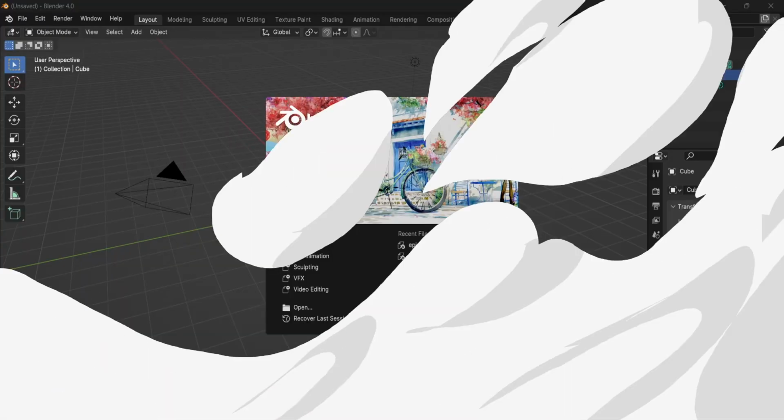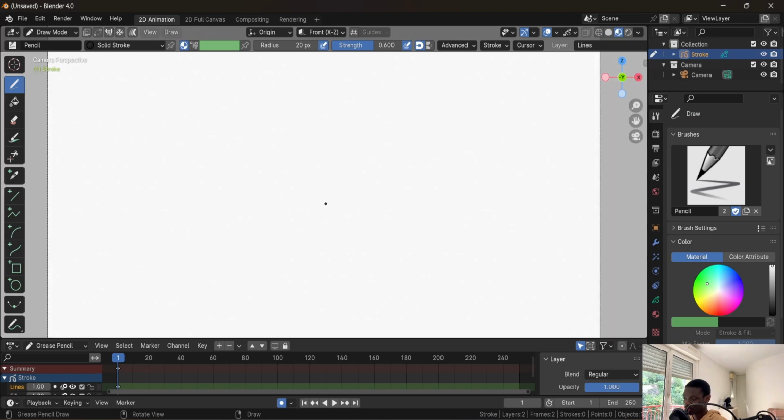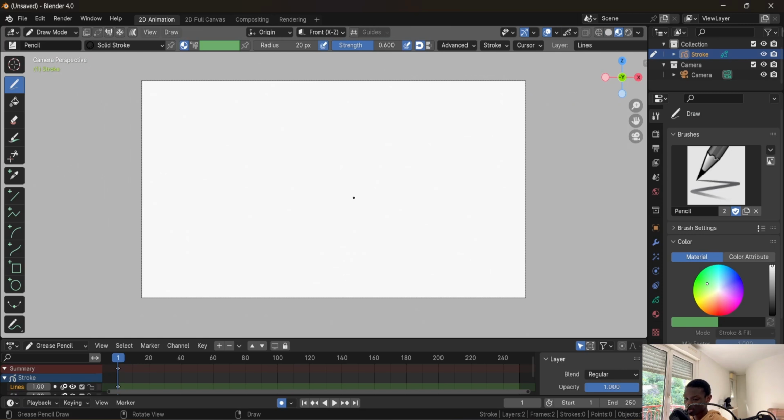Alright, let's get started. So when you open Blender for the first time, this is the menu you get. This is the splash screen, and if you want to use grease pencil, by default this is the easiest way to do it. You just click on 2D animation, and here's what you have. So basically it looks like any traditional drawing software. So this is your canvas, and you've got a bunch of menus around it, the tools you're going to use,